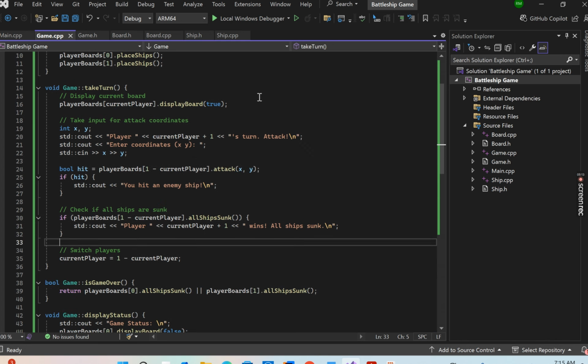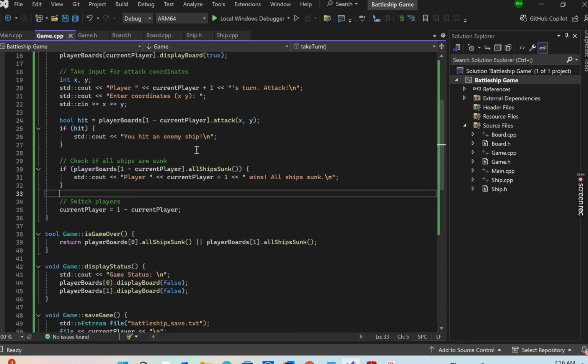Each time they hit, it's going to switch the turn between player 1 and player 2. It pops up a message saying whose turn it is, and the enter coordinate message prompts the user to take their turn. When the ball hits, the message you hit an enemy ship comes out,